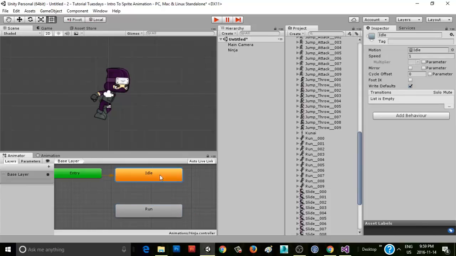So in order to do that, you right click one animation state and you click make transition. It'll give you this little arrow that just follows your cursor wherever it goes, and you click on the animation that you want to move to. Now when you do this, you only want to create transitions from